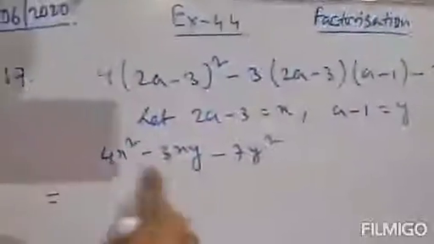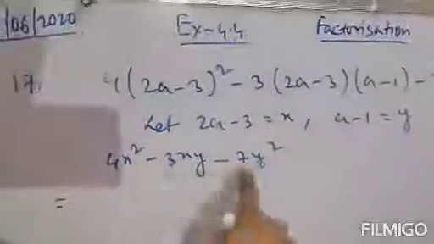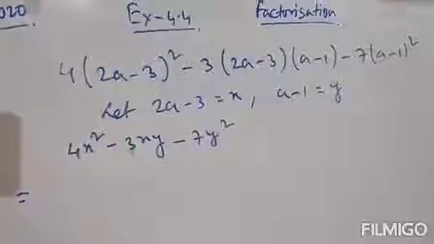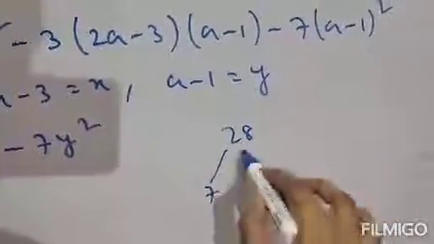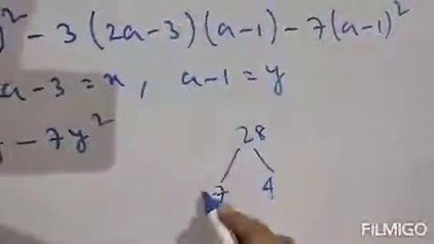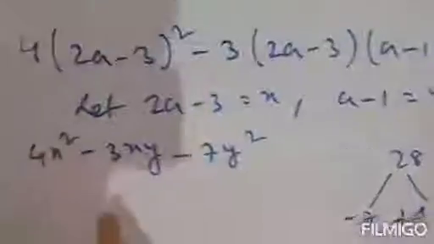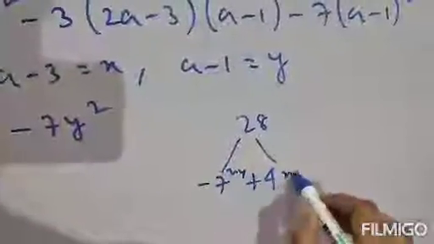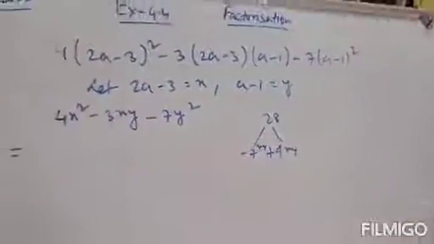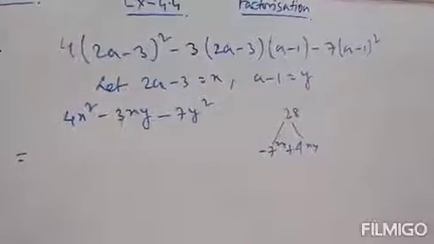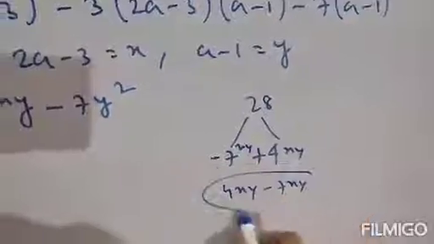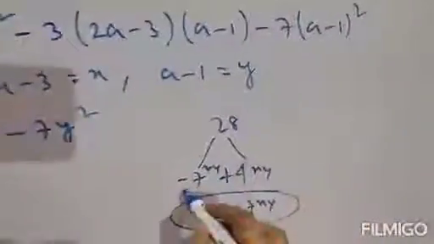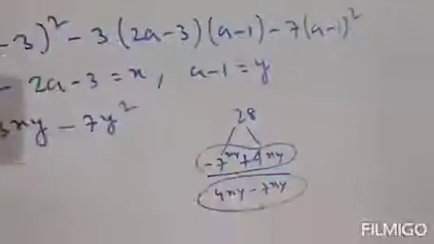So we will multiply 4 into 7 by the rule, that is 28, and we will split 28 into -3. If we split it into 7 and 4, as this is -3, it is -7 plus 4, that is -3, and xy is also there, so this is -7xy plus 4xy. We will write -7xy plus 4xy, or you can also write 4xy minus 7xy, but we will write 4xy and -7xy. These two expressions are the same.